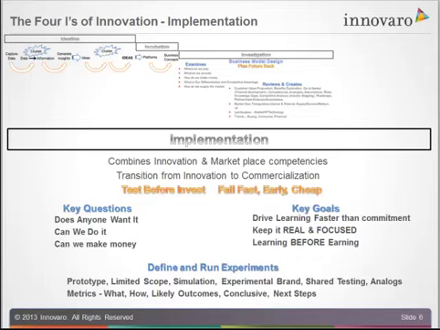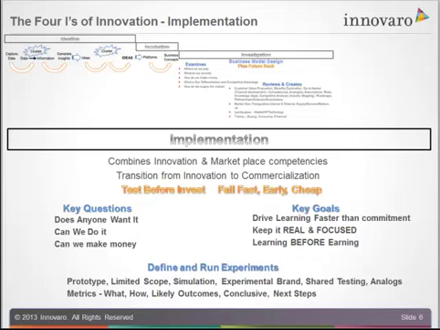And we talk about a couple of key things in here. One is test before invest. Let's find out before we make that big commitment as much as we can. And the other one we talk about is fail fast, fail early, and fail cheap. Because often when you get a product right, it's not the first version. We go back and we redo it. And if we spend lots and lots of money to do it the first time, sometimes we're not quite as willing to go back and make those changes when we need to, particularly if we've got lots and lots of stuff out there.